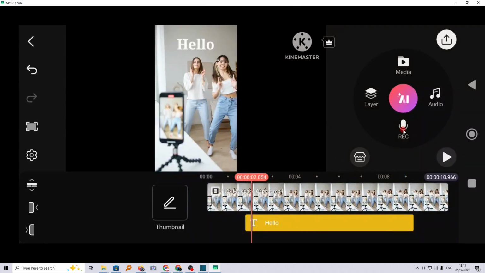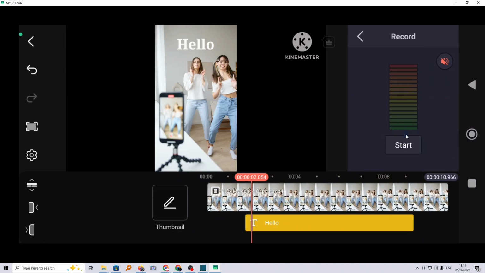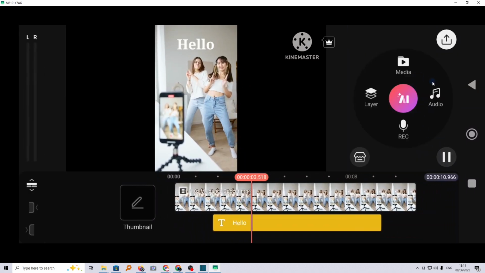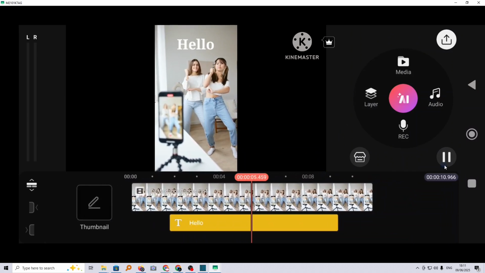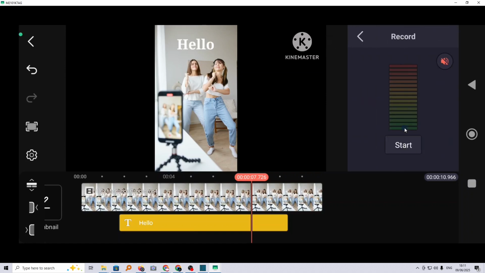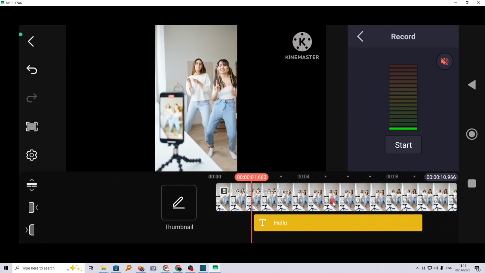Now from here, if I go ahead and tap on record, then the recording will start automatically, and each and every time I speak, it will be recorded on my video. If I go ahead and stop and then tap on recording, now you can see we have the option to